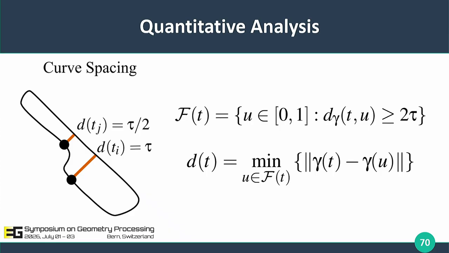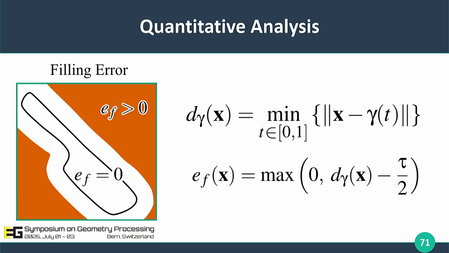To do this, for each point on the curve, we consider the distance to the closest point that is sufficiently far away in terms of arc length, and this effectively filters out nearby points along the same curve segment, and allows us to better capture the concept of distance to neighboring parallel segments. Lastly, to measure the filling error, we quantify how much of the distance of each point in the domain exceeds